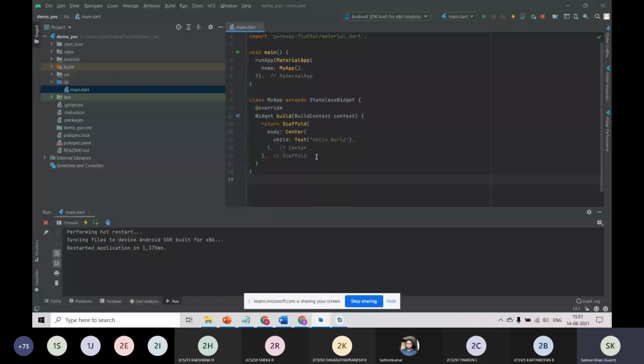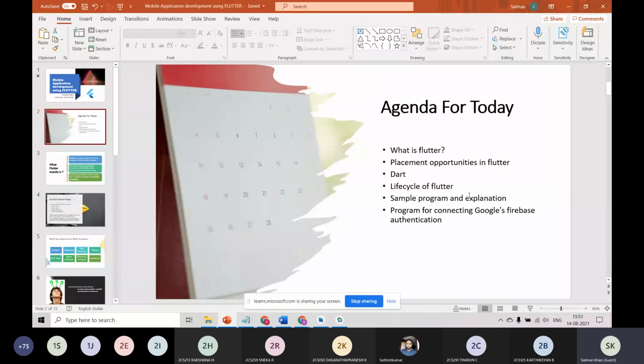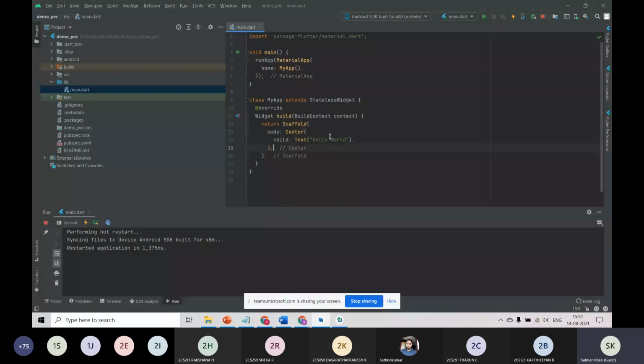And so as we planned before in the agenda, we are planning to build an application connecting Firebase and authentication and that type of thing. It is very simple for people who already know Firebase, or who want to revise the same content. But if you are new to Firebase, let me tell you what Firebase is first.